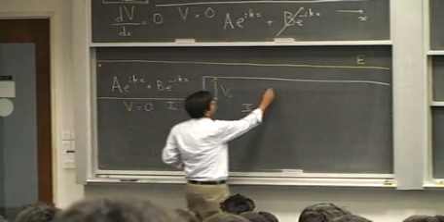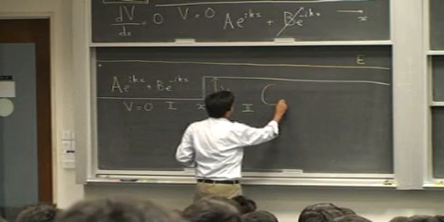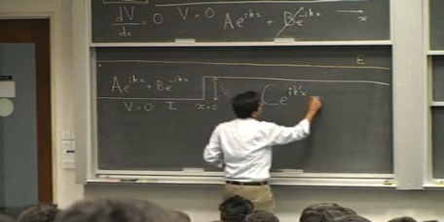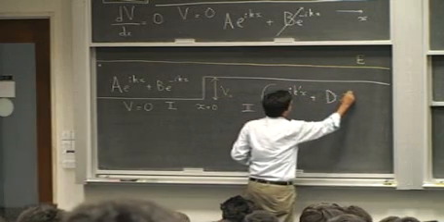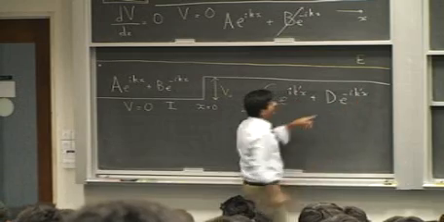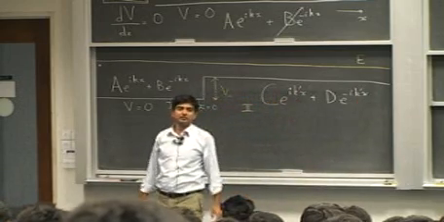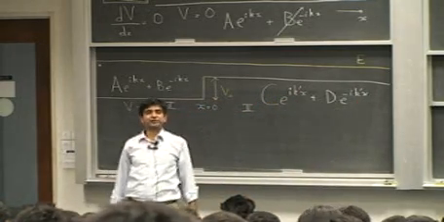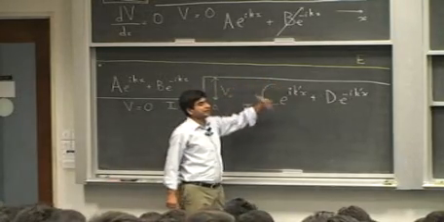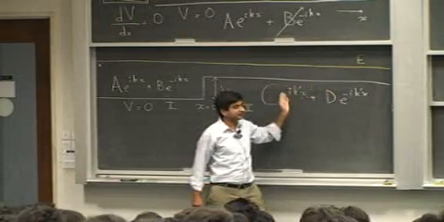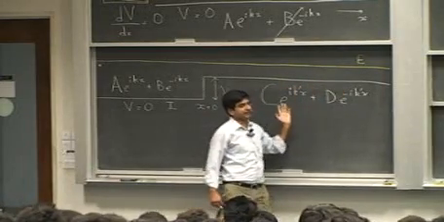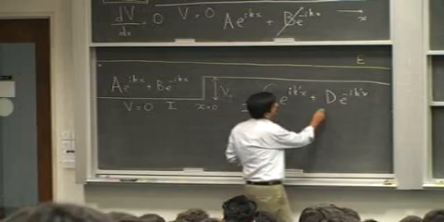Alright? Now what about this region? Let's write down the solution of the Schrödinger equation. I have C e^(ik'x) plus D e^(-ik'x). Can you tell me if this D is going to be 0 or not? Yes, it's going to be 0, because once the particle has entered region 2, there is no obstacle that it sees towards its right, so it cannot reflect back from anything in region 2. So this term is 0.